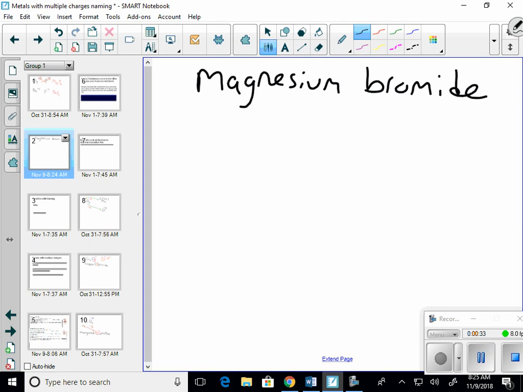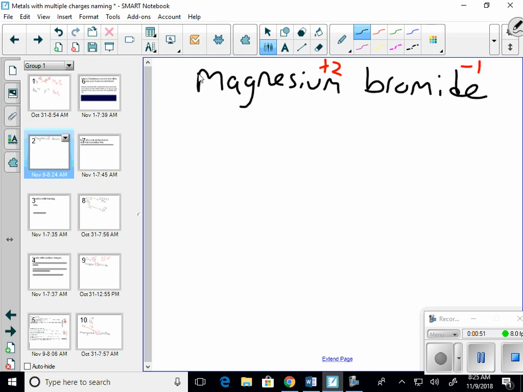So, let's see here. Magnesium, that's a +2 charge. You can look at that column. Bromide, well, bromine is a halogen. It's the second to last column. It's a -1 charge. How I would start off a problem like this, so we're reintroducing mole conversions to you today,